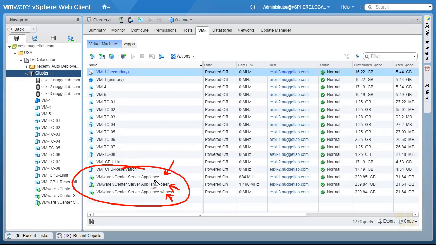Now, we've done certificates in a previous nugget. However, now in a high availability environment, before placing a new certificate on the active vCenter server, we would delete the witness node, delete the standby node, then apply the new certificate, and then go ahead and recreate our high availability for vCenter. The general concept is, if we're going to make huge changes to the vCenter appliance, like certificates or restores, we'd want to tear down the passive and tear down the witness, do our work, and then once our active vCenter server is the way we want it, for example, with the new certificate or restored from a backup, then we would go back and recreate our vCenter high availability and add back in the passive and add